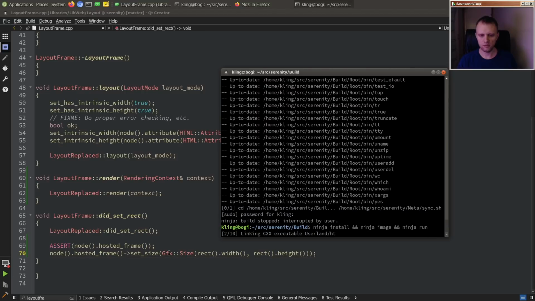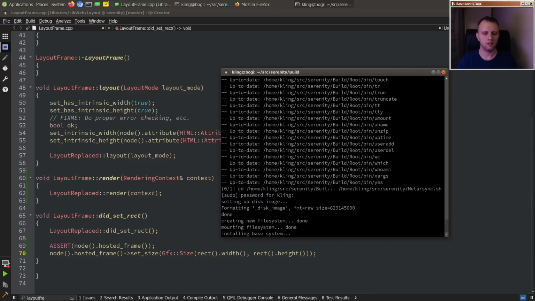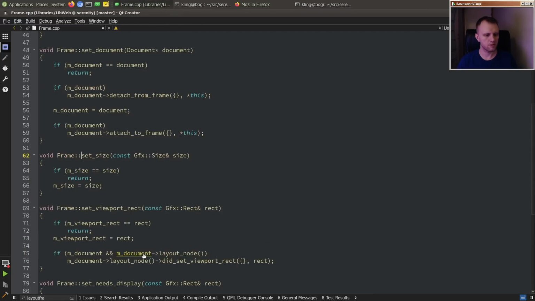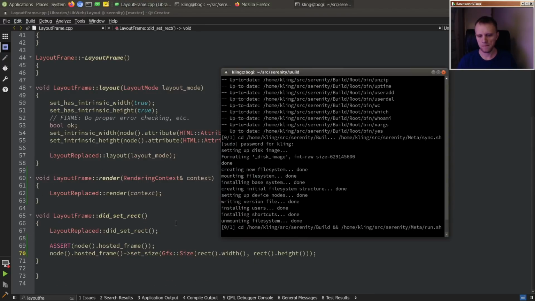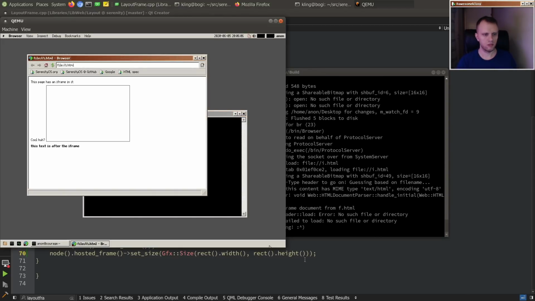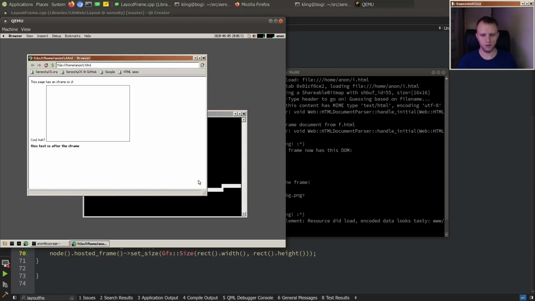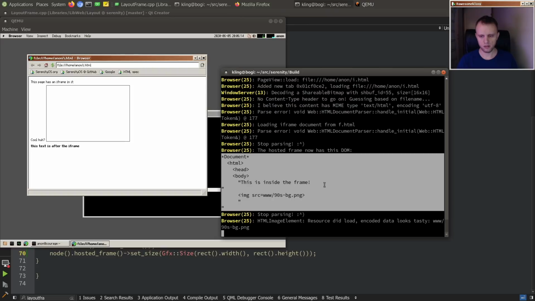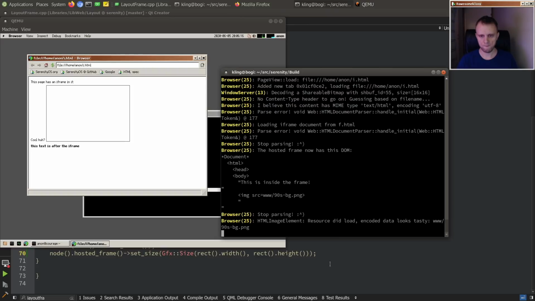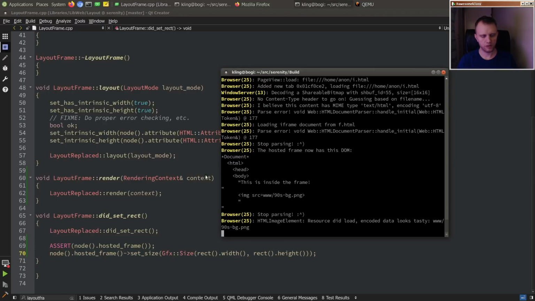So we just have to convert it. Maybe that should be a helper on float size. I don't know. Okay, so we're going to have to open this a bit more awesomely, like that. So now we loaded the DOM, and hopefully we set the size of the hosted frame,